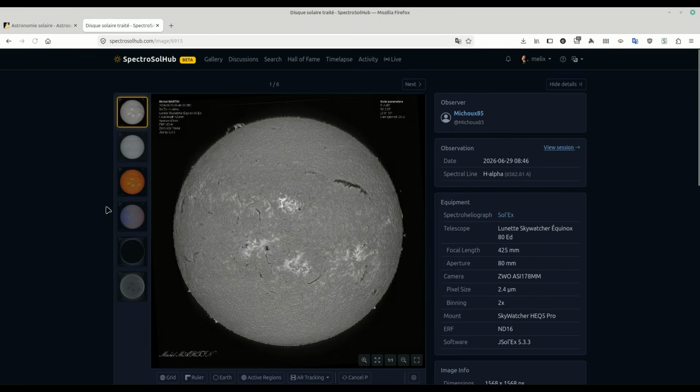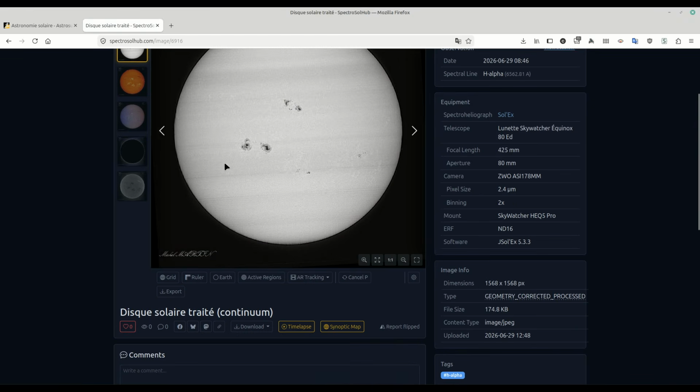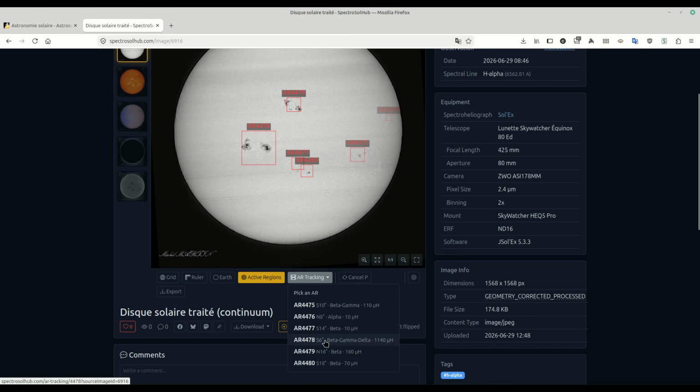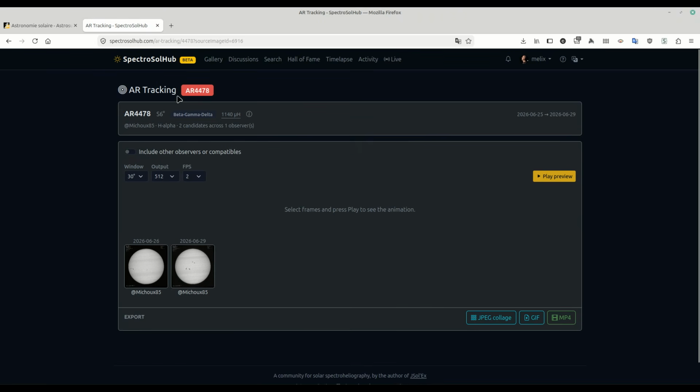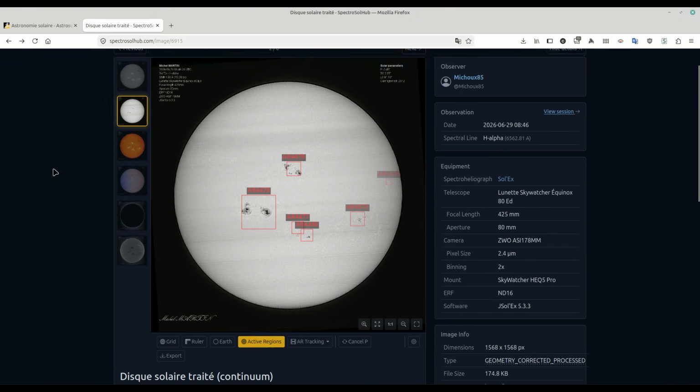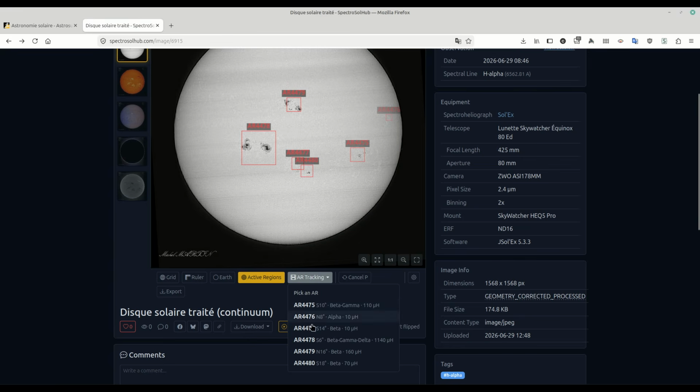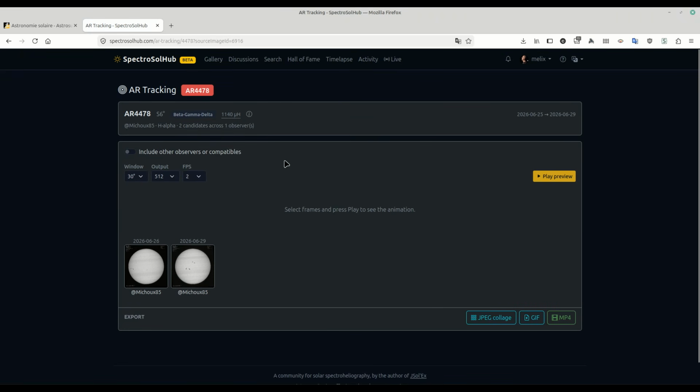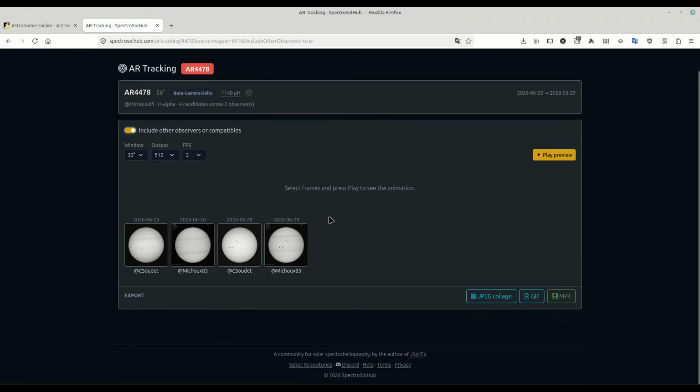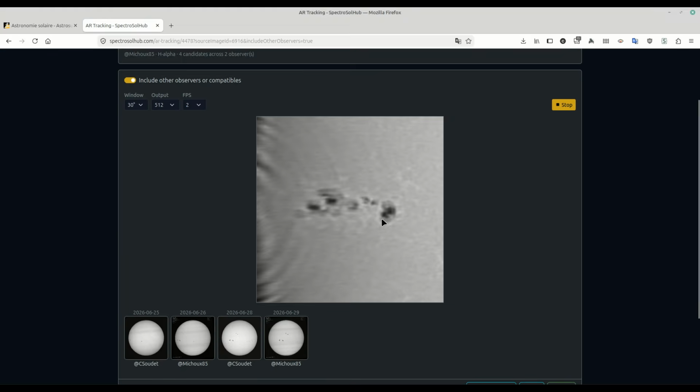And last but not least, what I want to show you is that typically, if I go on this image and we have this beautiful active region there, we can annotate it. It's 4478, and say I want to see how it looked over the days. I can select the active region, select the frames. Actually, he only observed for a couple of days, but I can select this one and include other compatible images, and then we have 4, and I can click preview